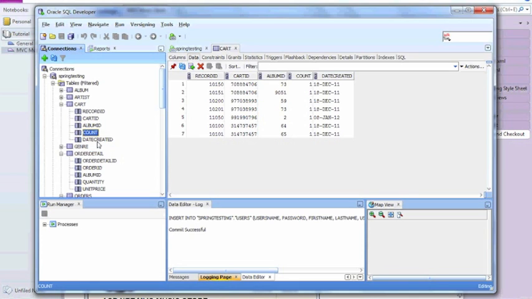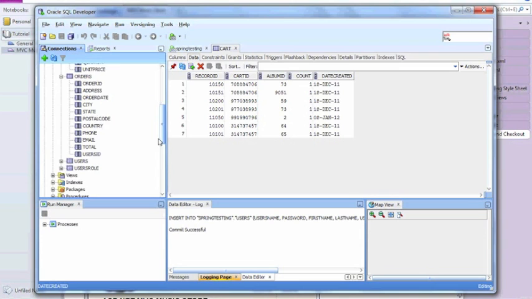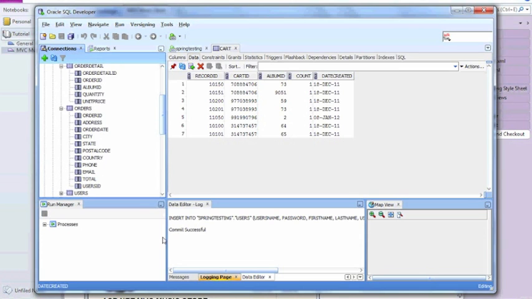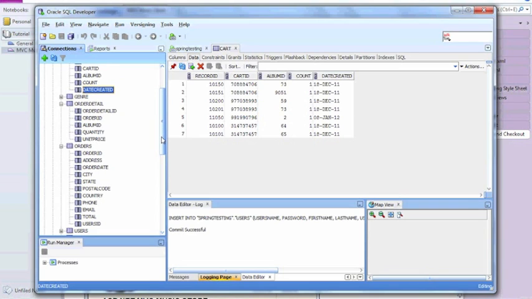Count means how many quantity they ordered. And this is the date the user ordered, the order date. Okay, so based on these three tables,